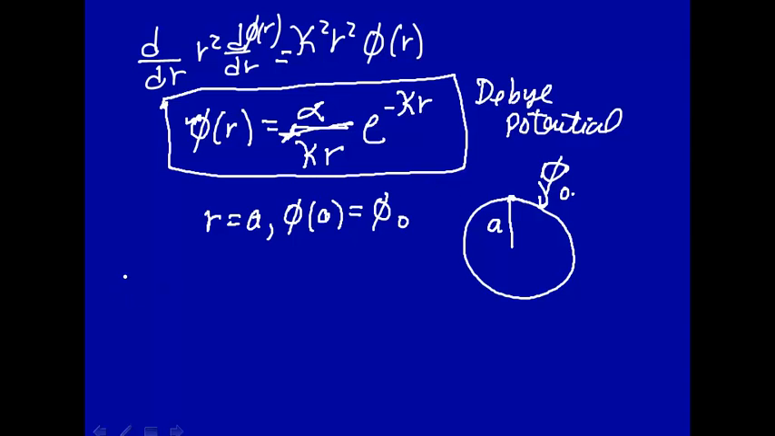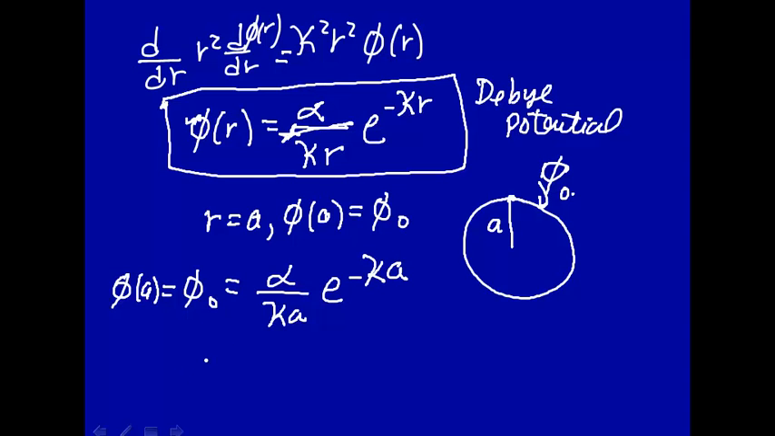So phi of a, which we're going to give the symbol phi 0, is equal to alpha over kappa a, substituting a for r, e to the minus kappa a. Solve this for alpha. Alpha will be phi 0 kappa a e to the kappa a. Let's plug this in here. So for this system,